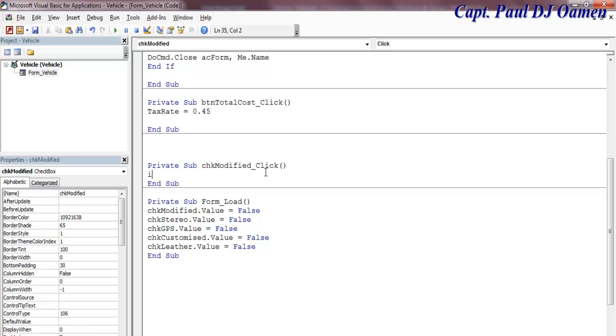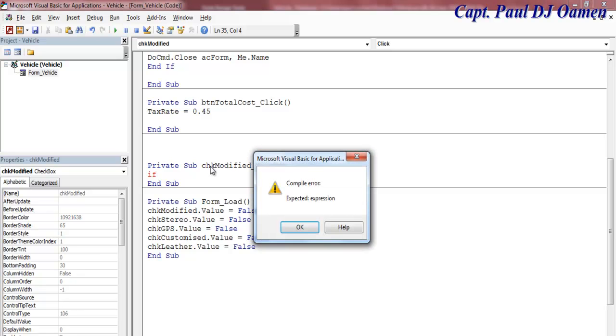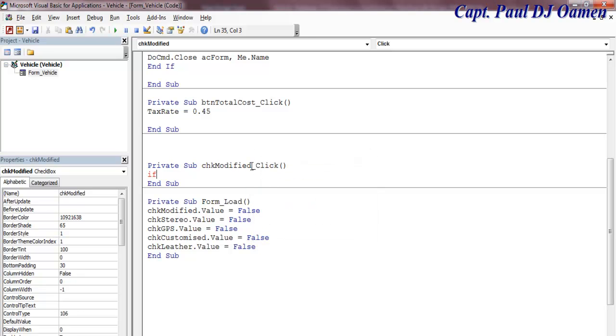Okay, let's copy this. If CHK modified dot value equals true, then